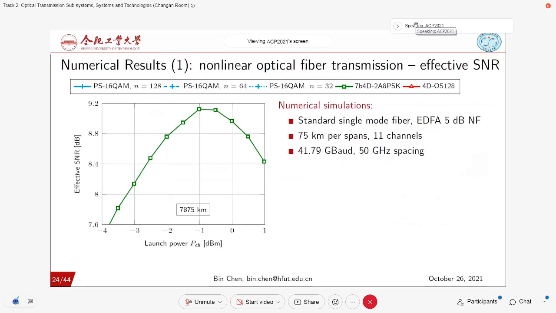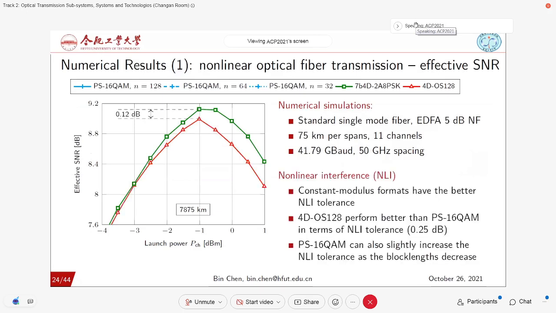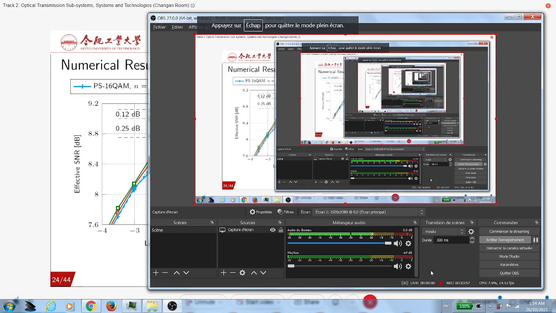The parameters are shown on the right; we will not read them, you can just look at them. We first evaluate the effective SNR versus launch power. So the green one is the constant modulus constellation. You can see it has the larger SNR because it can tolerate nonlinear interference better than our proposed one. But if you look at the PS, it becomes even worse because it introduces larger nonlinear interference. So we can have the intuition here, the red curve, which is our proposed one, has moderate performance in the linear channel, but also moderate performance